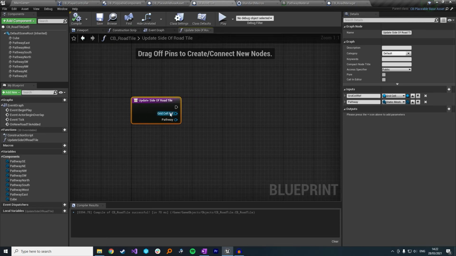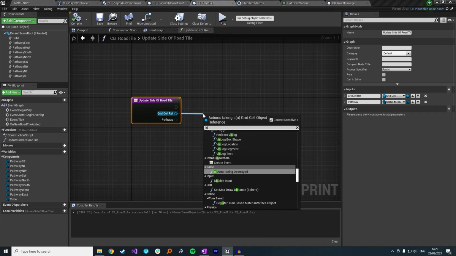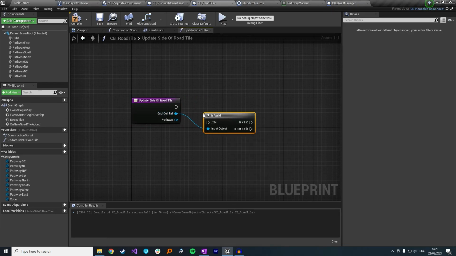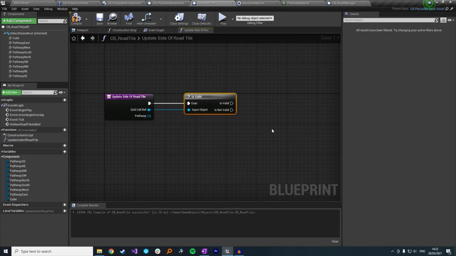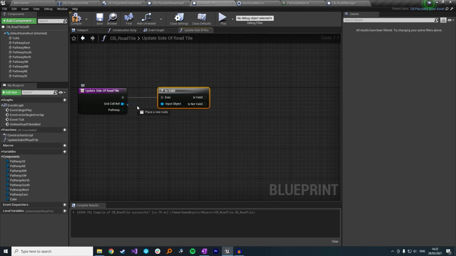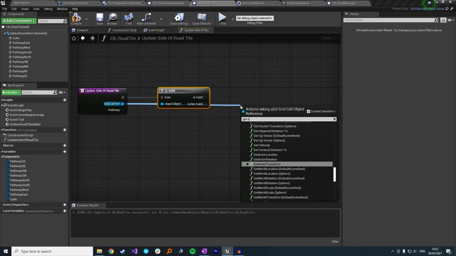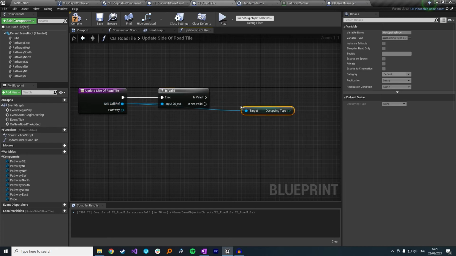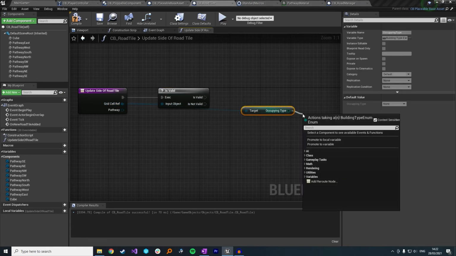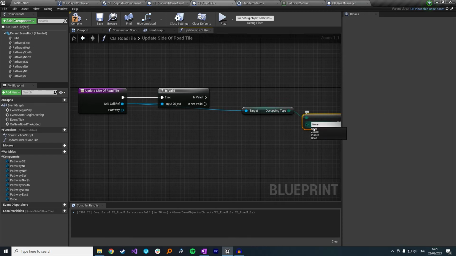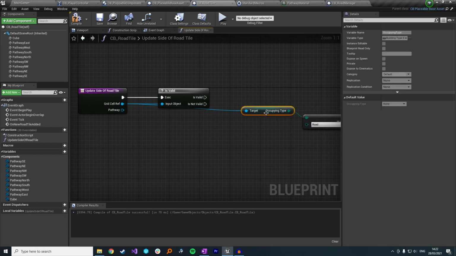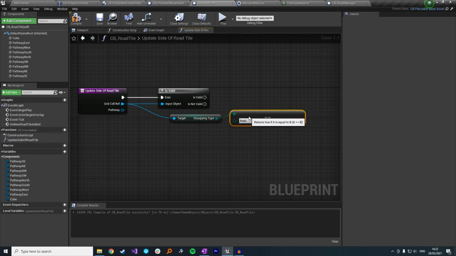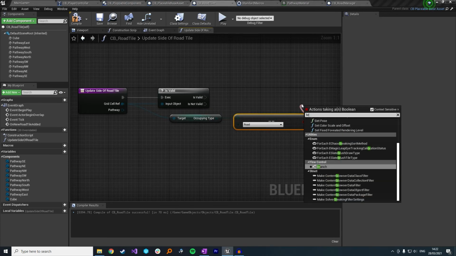So all you want to do in here is we're just going to say, first we're going to do an isValid check, and then we're going to say if this is valid, and if the occupying type is a road. So if that equals a road, just do that, and then set that to road. If this is true,